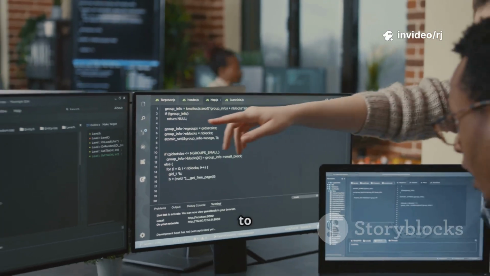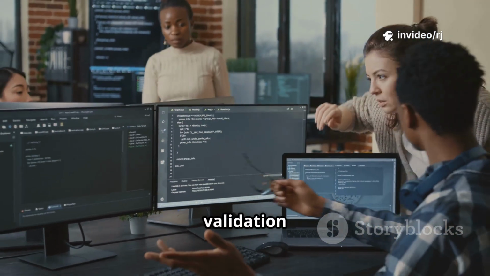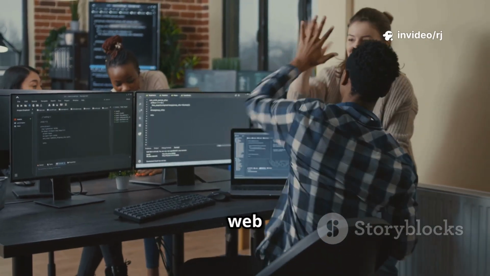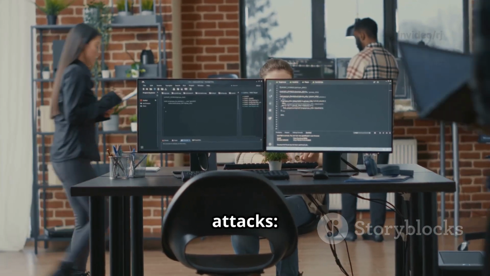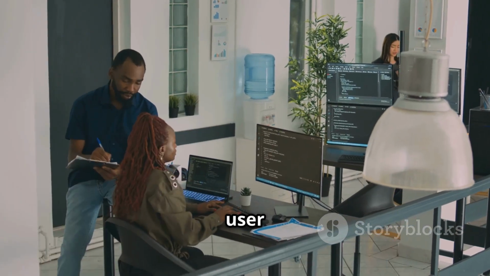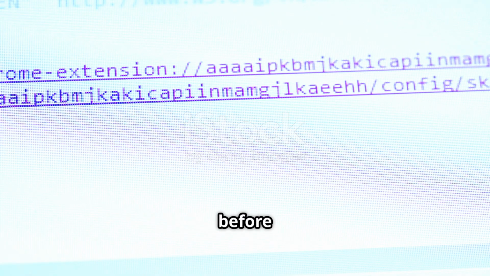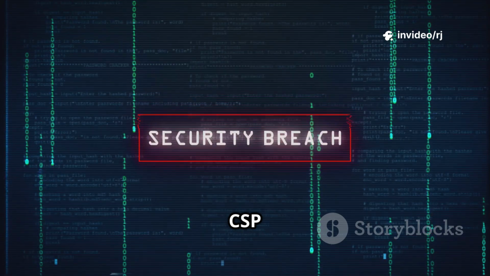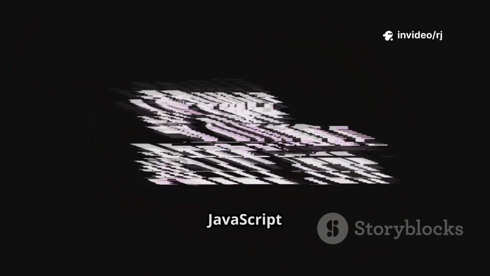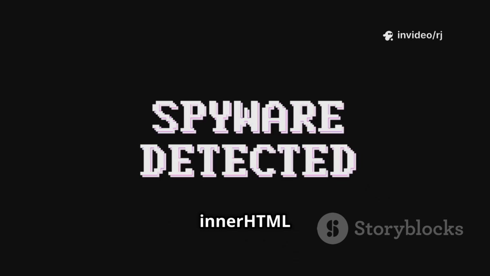XSS usually occurs due to improper input validation and unsafe output rendering in web applications. To prevent XSS attacks, always validate and sanitize user input, encode output before displaying it in browsers, use Content Security Policy, or CSP, avoid using unsafe JavaScript functions like innerHTML